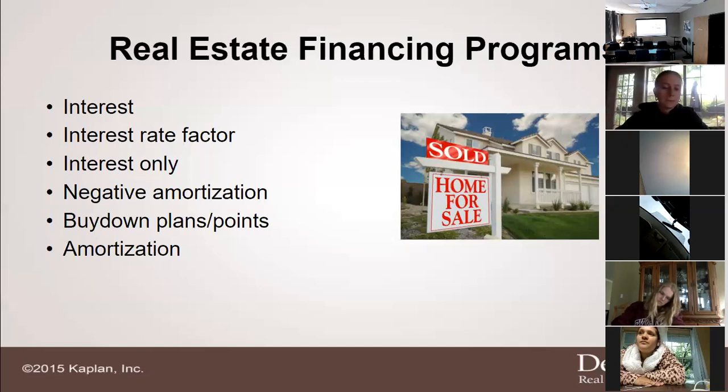I sent them some new properties that popped up in the market within the last 24 hours, and without even seeing the property, obviously in person, we went ahead and submitted an offer on one of the houses. We're going to rely obviously on that option period to back out if they have any defaults or if they have anything that they feel is wrong with the property. But we have already submitted an offer, and then we're asking for a showing on Thursday. So pre-approval is key,